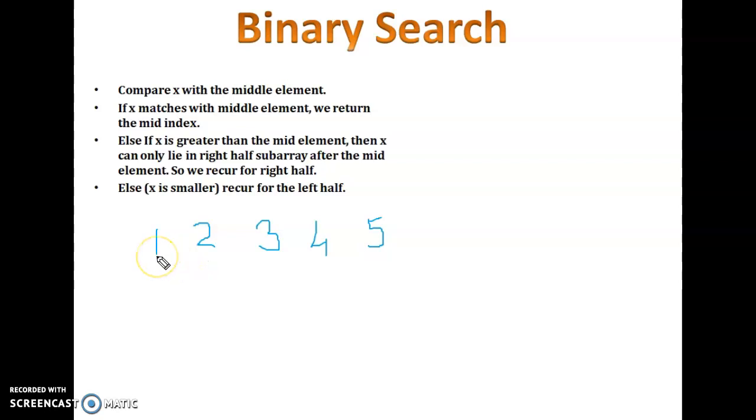So I have taken a sorted list of elements like 1, 2, 3, 4 and 5. The key element that I wanted to find right now is 3. So according to our definition, I can say it is X.